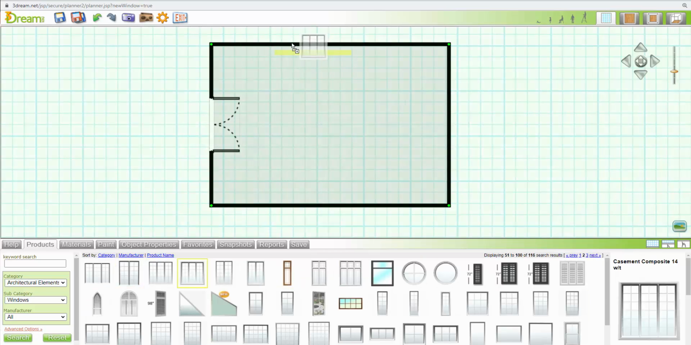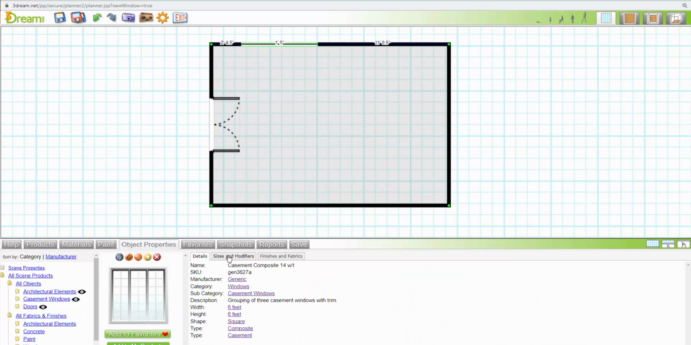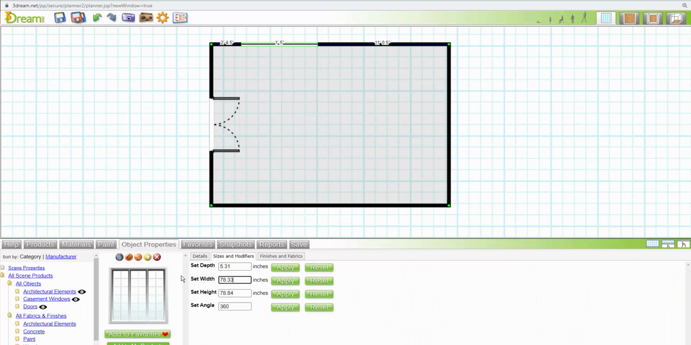Drag the selected item in, place it over a wall, it'll snap in place, and then the idea is to resize it again to whatever is required. So each change, hit the apply button,